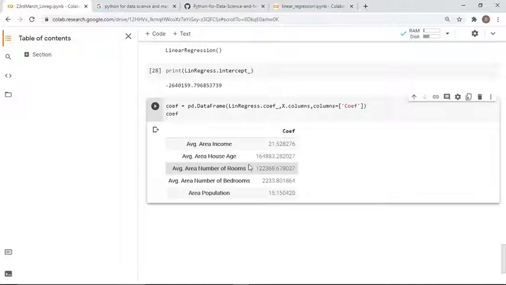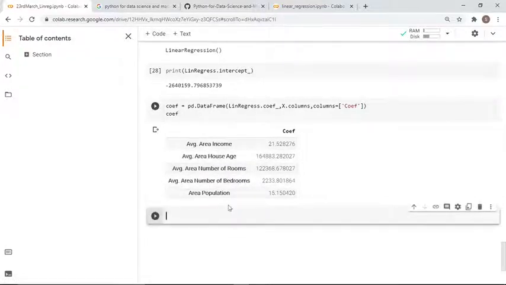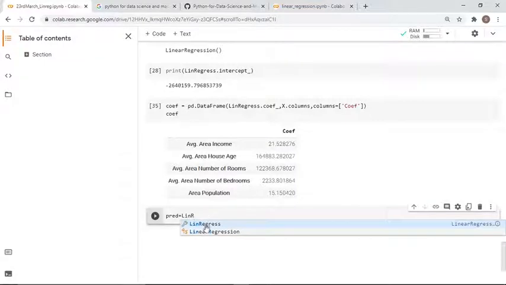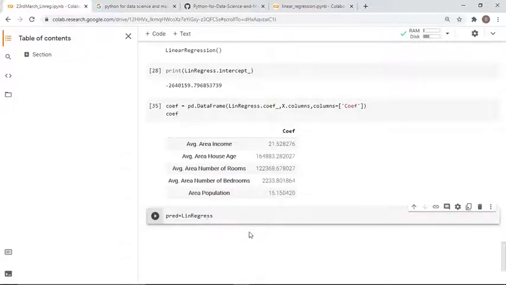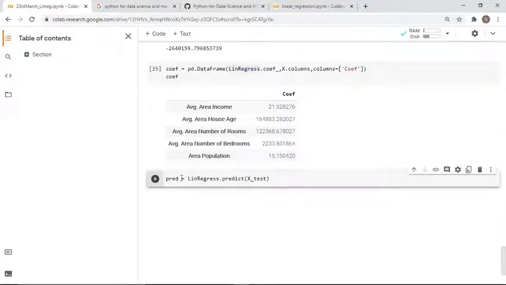Next we are going to do the prediction part, where on the developed model we will be trying to fit the linear regression on the test data sets. For that I'm creating one variable called pred, which is equal to linear regress. You can see that I have this variable pred.